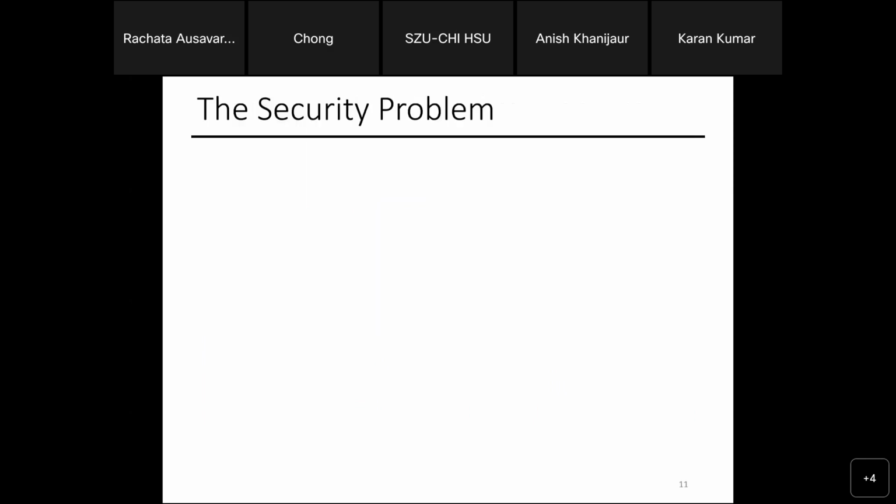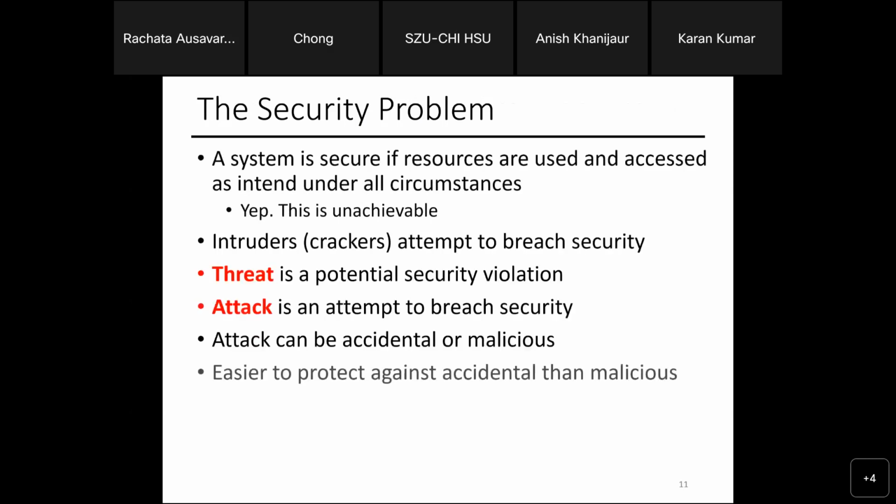Now, security. We talk about things like threats. What's a threat? What's an attack? A threat is something potential. It doesn't mean people are attacking it yet, but it's a possible threat that people can attack this part. The attack is the one that actually attempts to breach security, and we talked about different types of attacks, from a Trojan to a worm to spyware, last week.